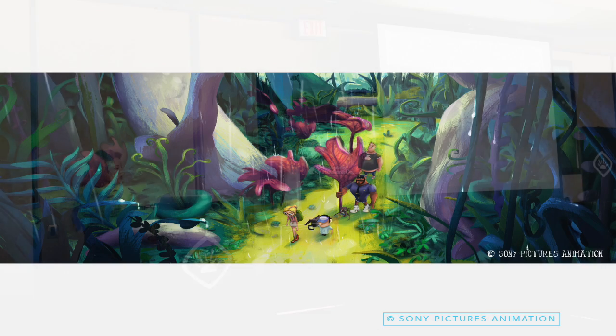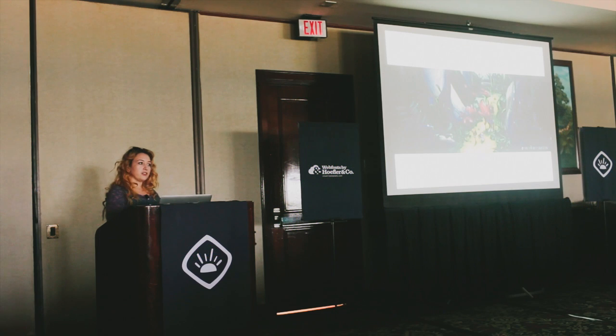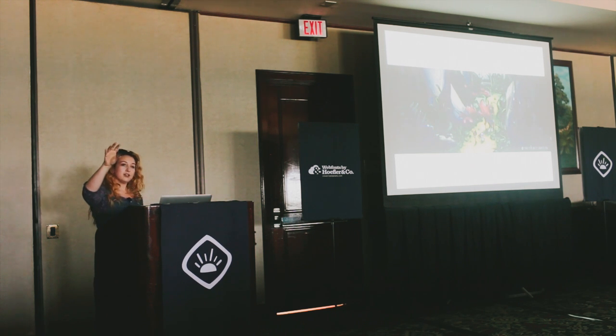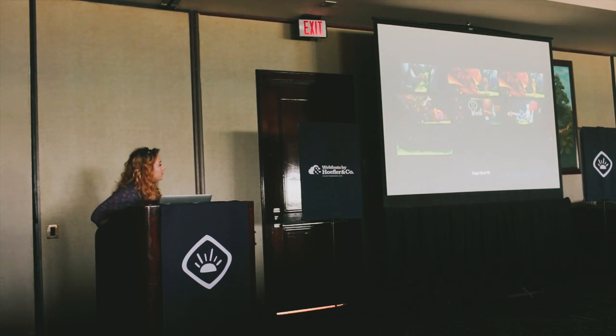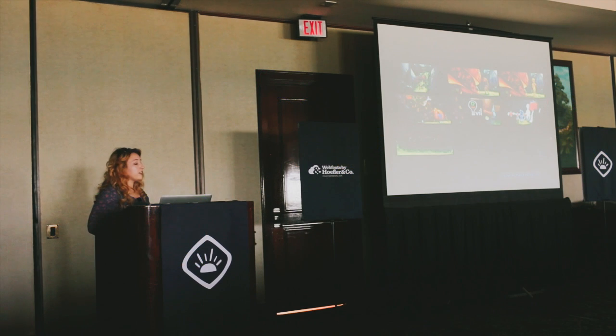Okay, so this was by far my favorite thing to do on the show, which is create color script, or color keys, and color and lighting keys. For every movie, there's a color script, which is kind of the macro vision of the color and lighting through the movie. And then for each scene within that is represented in the color script, there's a bunch of color and lighting keys. And artists will go through and light the entire movie. In an animated feature film, nothing is left to chance. There's too much money involved. So I got to go through and decide what kind of colors and mood and lighting would go through each scene, keeping in mind both realistic and also storytelling.